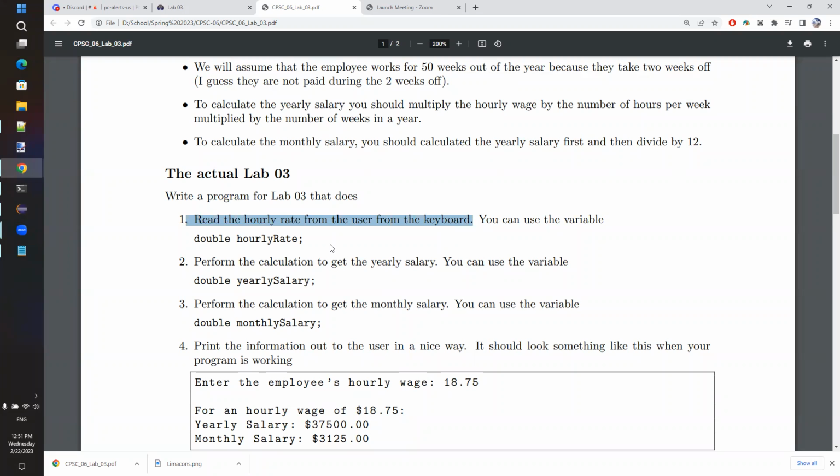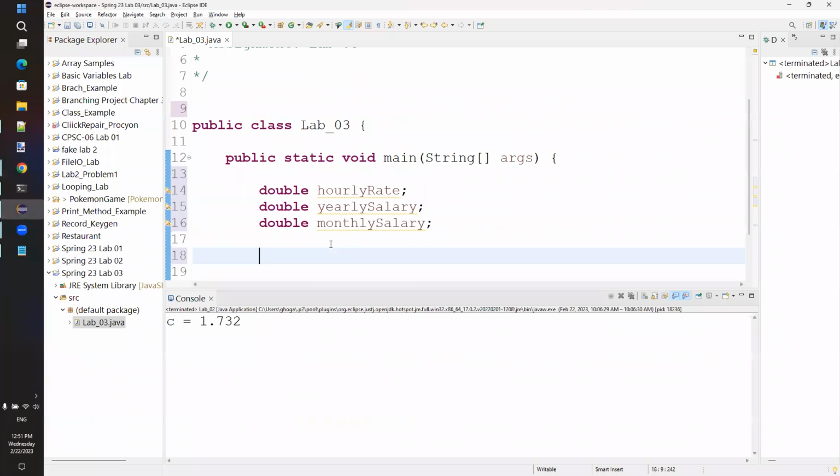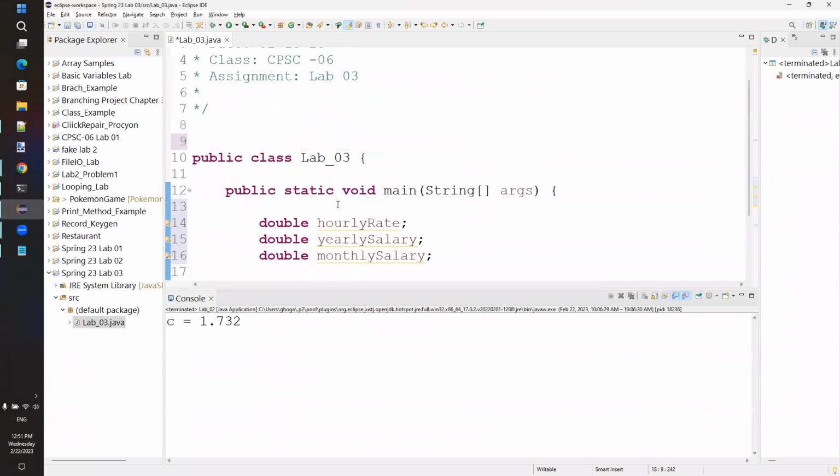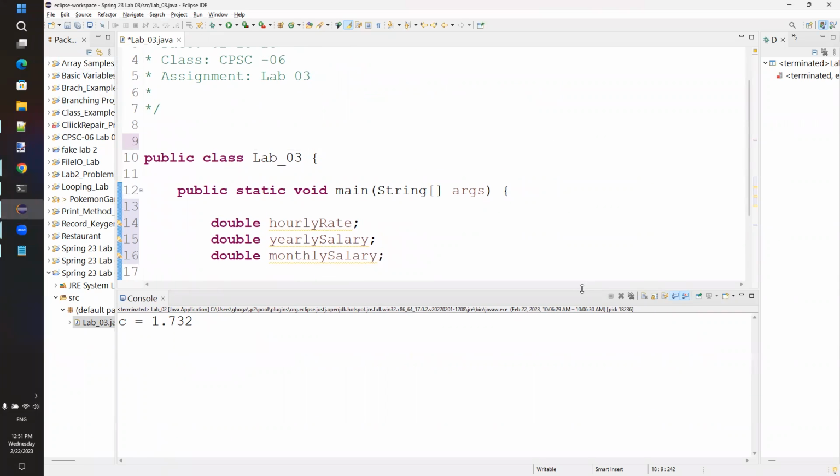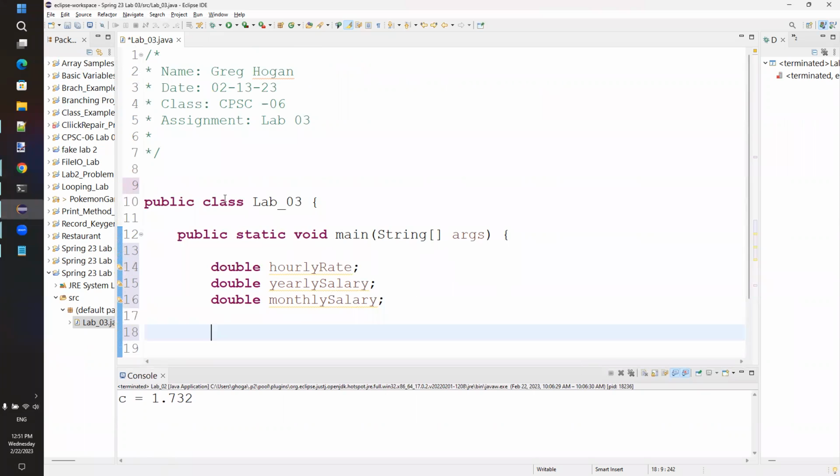So the steps to read the hourly rate from the user from the keyboard are going to be as follows. So the first thing we need to do, remember, is we have to add this import